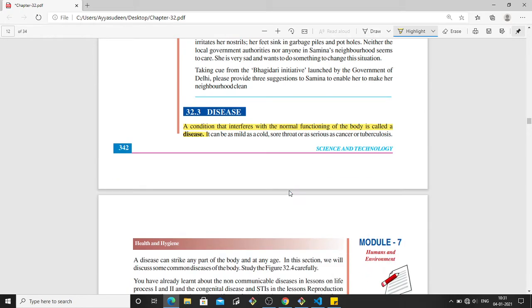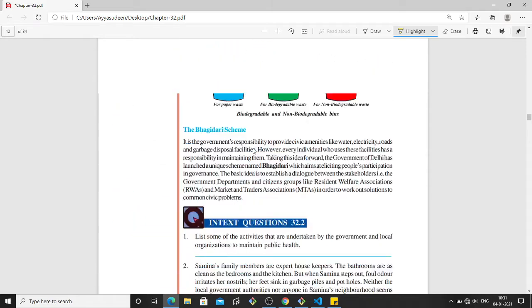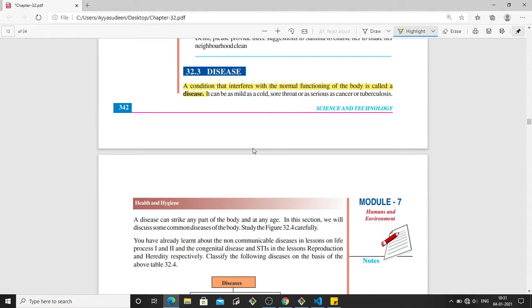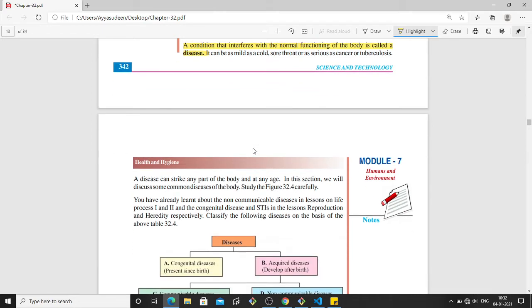So, inshallah, today we will continue with this topic, disease. So, what is disease? A disease is basically a condition that affects the normal functioning of the body. Okay, a condition that interferes with or affects the normal functioning of the body. It could be anything like cold, sore throat, anything that affects the normal functioning of the body is called a